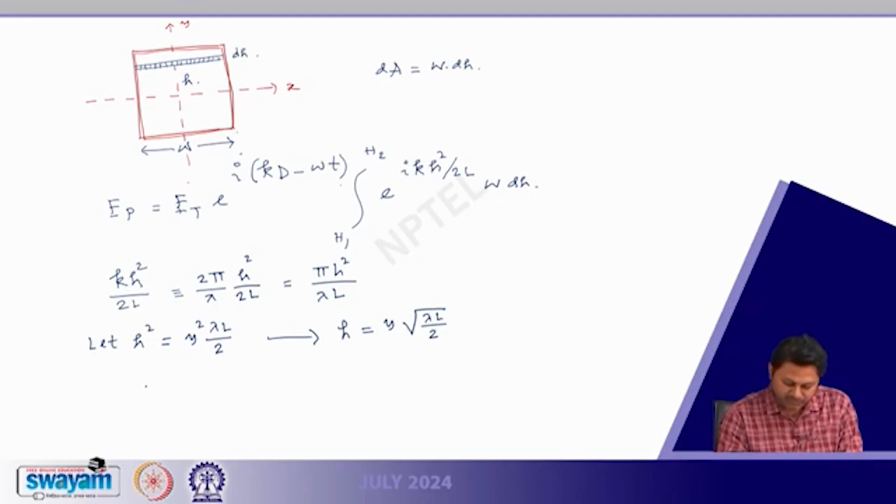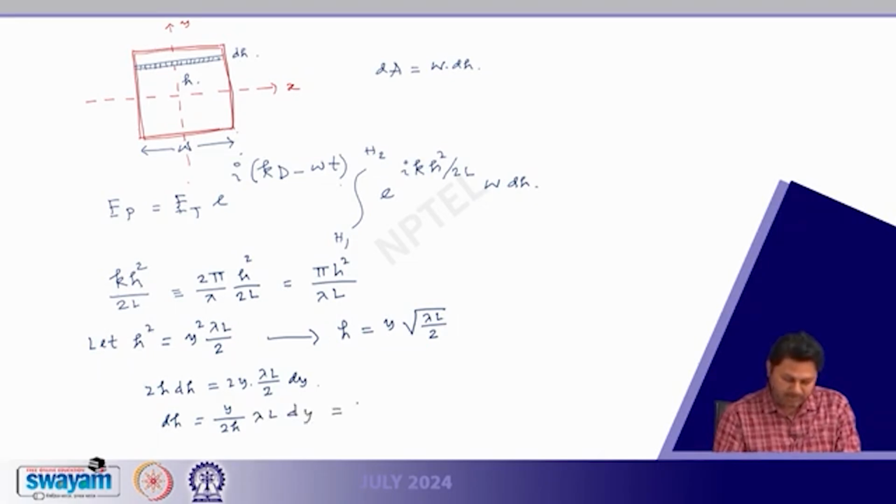So, 2h dh is equal to 2y lambda L by 2 dy, or dh is essentially y by 2h lambda L dy,